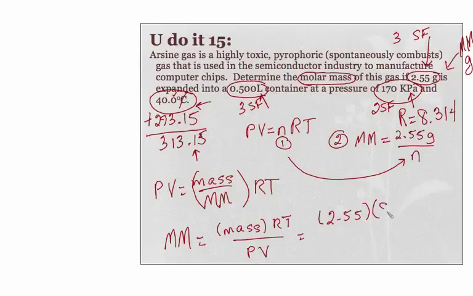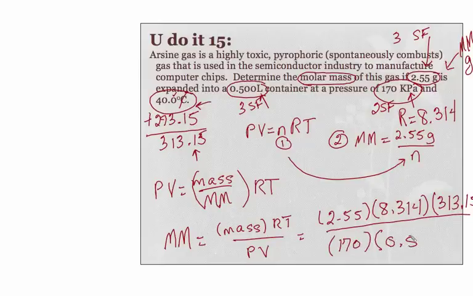And if we plug all of our numbers in, 2.55, the R, 8.314. You've got to be very careful about R in these equations. Our temperature, there's no reason to round that. You want to carry digits till the very end, and then we round to sig figs at the very end of the process. 170 over our liters. And if we solve that, do all that little algebra there, you should get a molar mass of 78, actually 78.11, but I'm just going to call it 78 grams per mole,